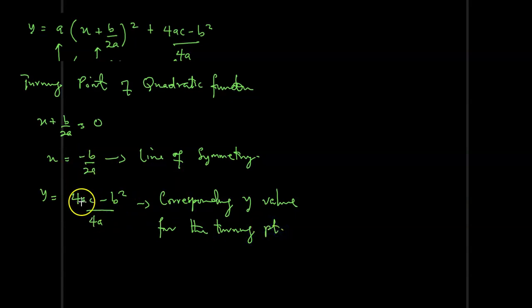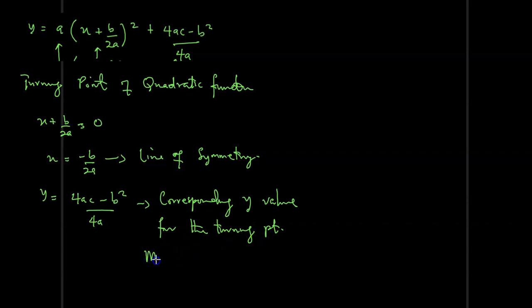So these two expressions here are very important to quadratic functions. You can use them to determine the turning point, and you can also use them to determine the maximum and minimum values. So also we say that the corresponding y value of the turning point is also known